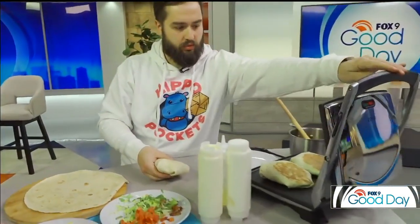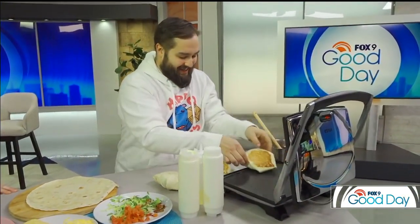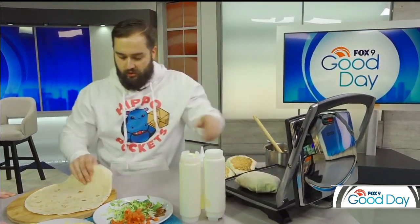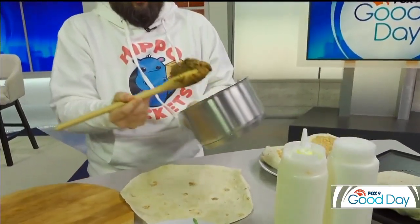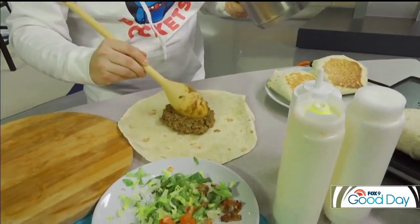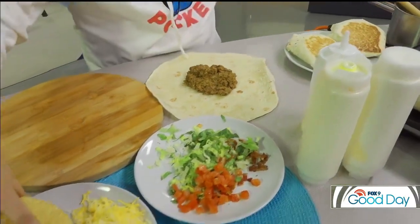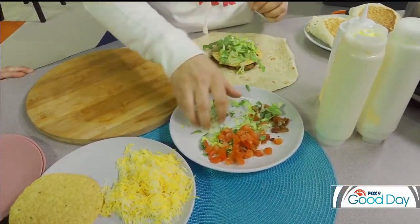I actually got a couple here started already. I'm gonna feed the whole staff. Which one does the crunchy taco go in? Just the main one? Yep, that goes in the original, the OG. So what's in the OG? I have our ground beef here, and then we actually combine that with our house-made queso sauce. Yep, and that's where the tostada comes in, and a lot of the same lettuce,